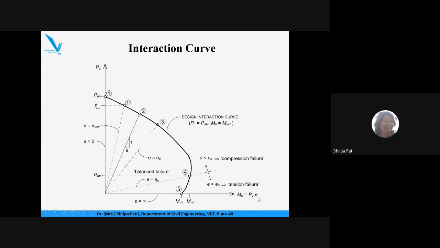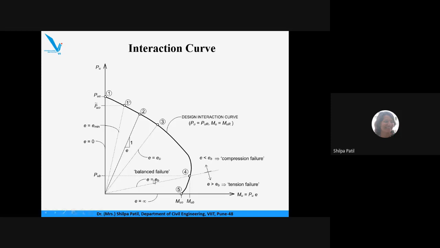So depending upon the e value, and if we already know the force acting, we can easily find out M, and we can even plot a diagram. Now, this diagram is called an interaction curve. The interaction curve is a diagram in which, on this particular curve, we will find the various values for the load P and M. Now, these load P and M are actually the resisting load and moment.